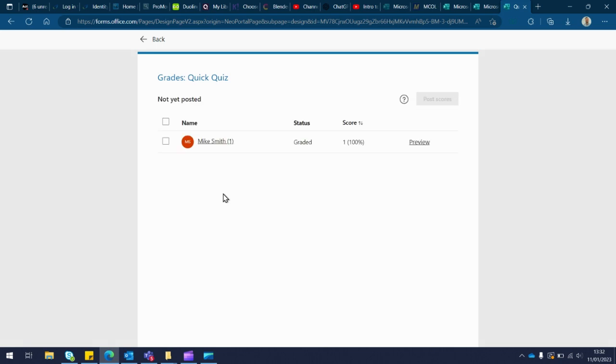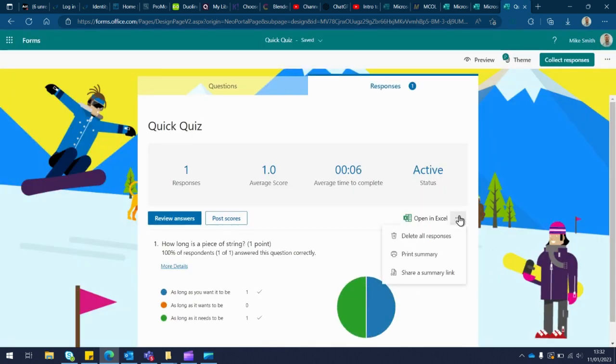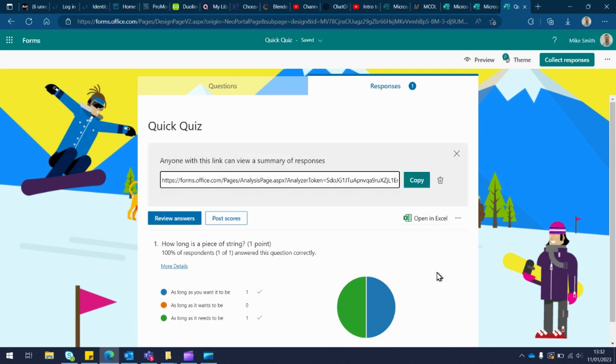If you want to post the scores, then you can do that if you want someone to be able to see those. If you want to delete all the responses so that you can use this again, maybe in the new academic year, for example, you can delete all of last year's student responses and just reuse this without having to create it again. You can print a summary, or you can share a summary link, which is quite useful